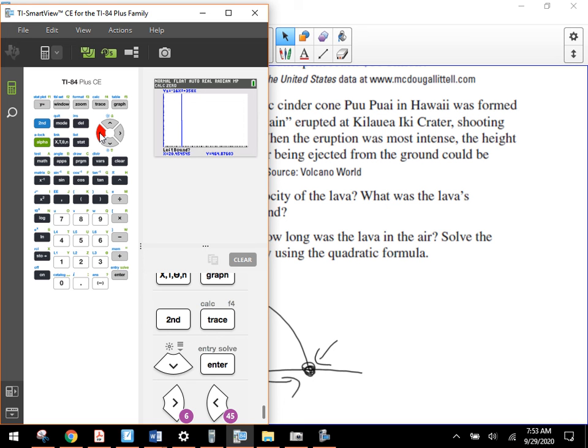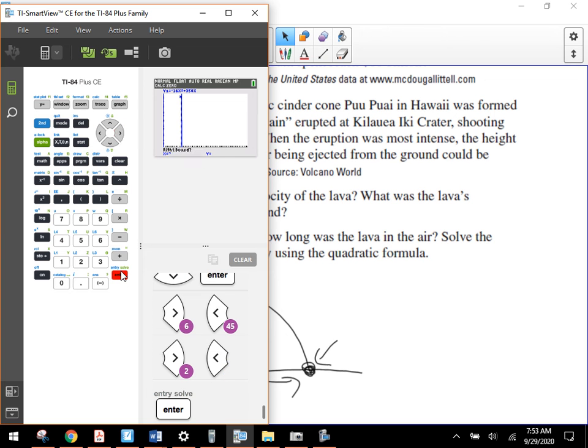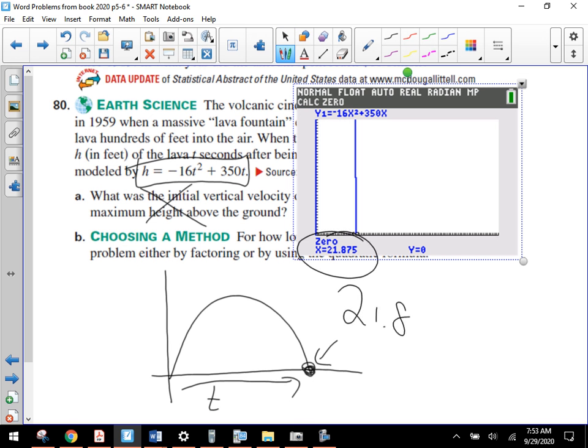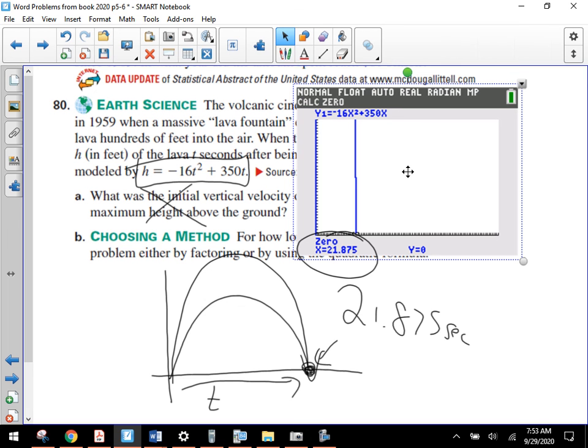No big deal, we're getting there. Oh, we are positive. Let's see. I jump between here and here, so I'll hit my left bound, then I'll hit my right bound. Yes, and what is it, 21.878? Yep, so basically at 21.875 seconds, it takes for the lava to go and then blow up the outside world. It's a great